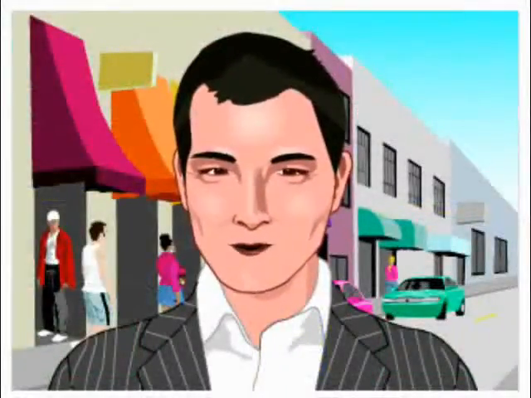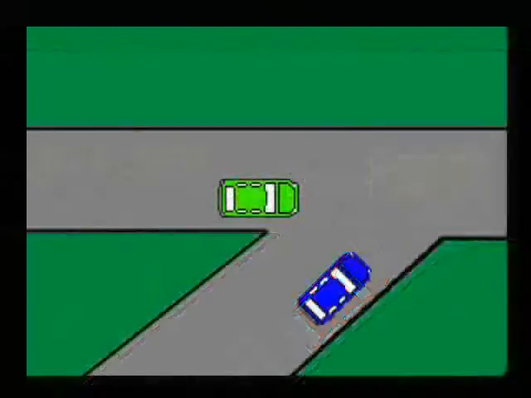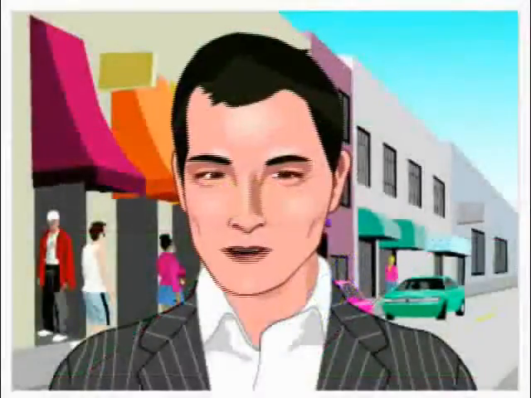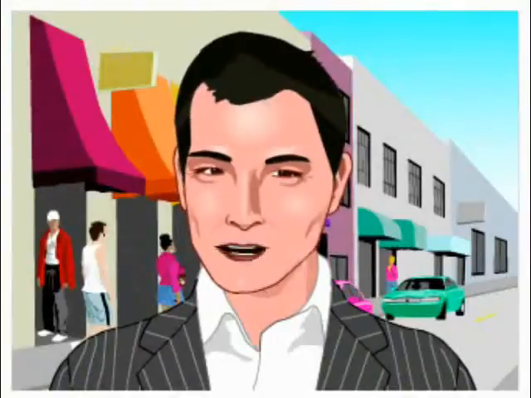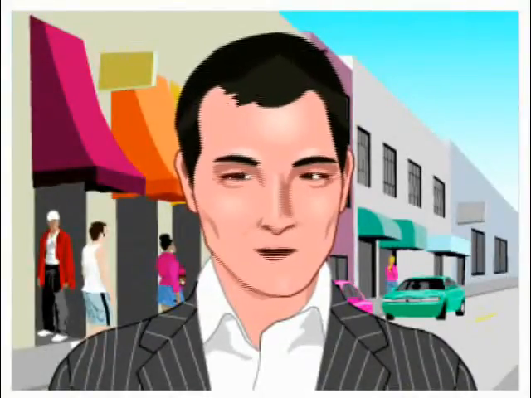Scenario 3 of 3. When entering a highway from any side road or driveway, you must always yield the right of way to the traffic on the main highway, as well as to pedestrians about to cross. On the highway where there is a passing lane, the traffic in the through lane has the right of way when both lanes are merged.